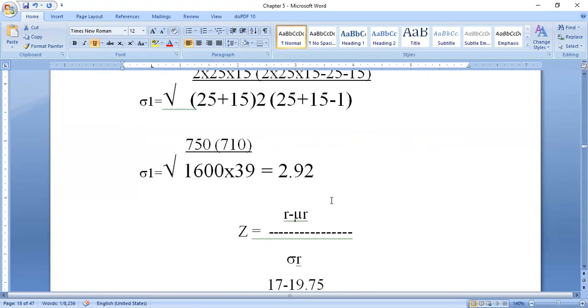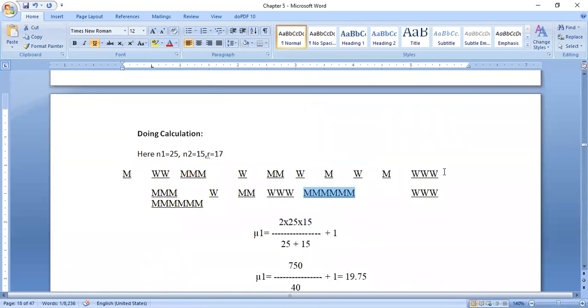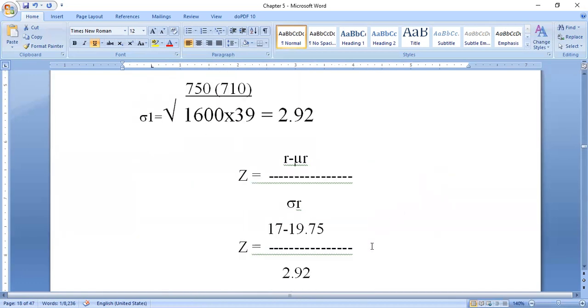Then Z is equal to R minus mu R, where R indicates the 17 runs. We got mu R as 19.75, then divide by the standard deviation of R, that is 2.91. Okay, 2.91. In this way we are going to calculate